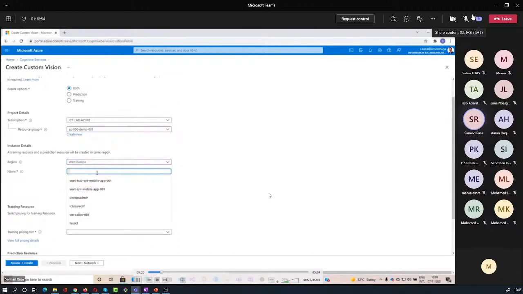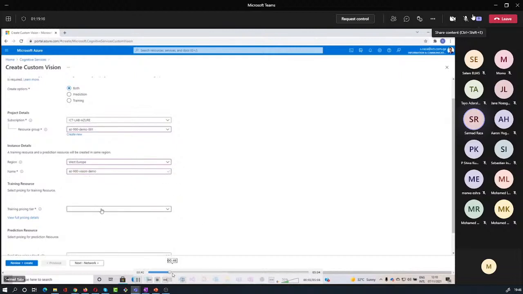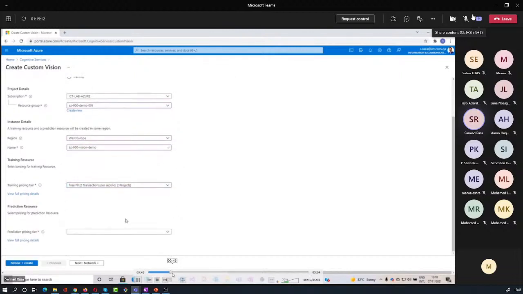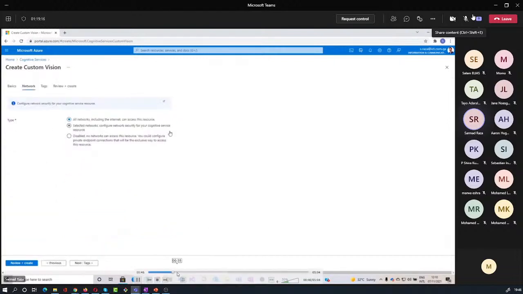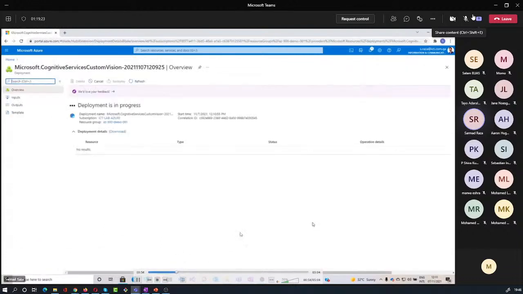Yeah. So I'm going to give it a region, a name, and then the pricing tier which I want to select for the API. You have free and standard. And then we have some networking options if you want to allow public connectivity or